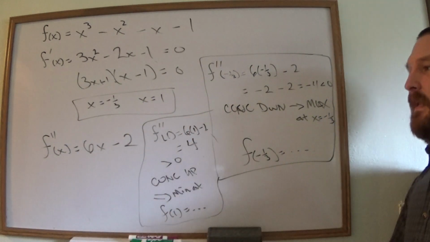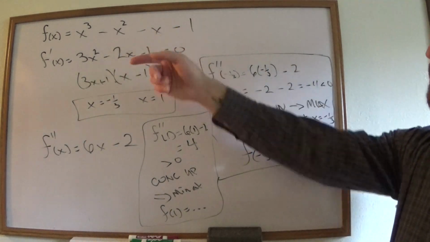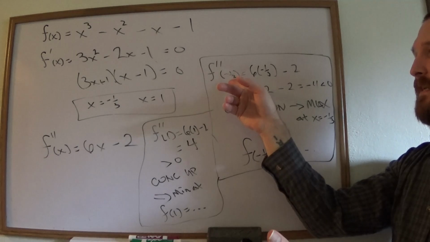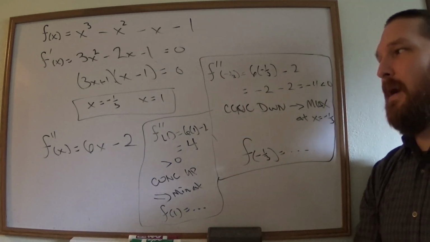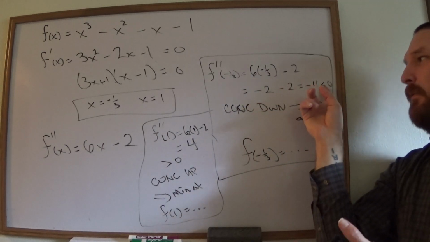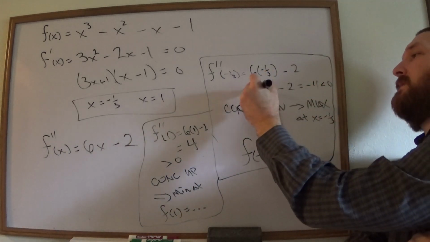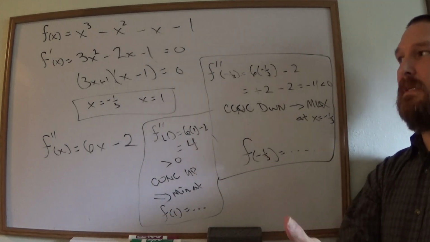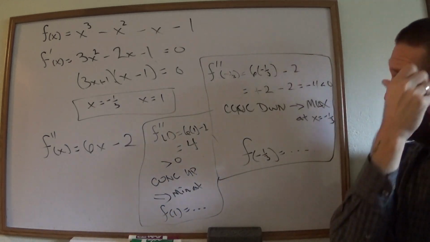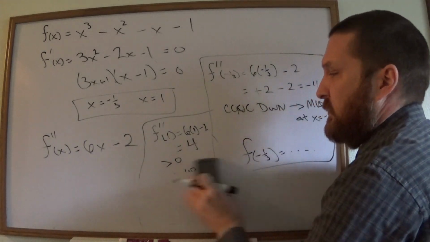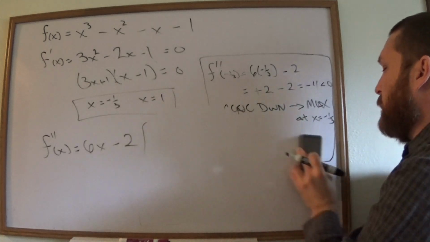Okay? It's not enough to just plug it back in and see which one's bigger, because without the second derivative test, you don't know whether it is a max or a min. If the second derivative came out to be 0, like if this had worked out to plus 2 minus 2 equals 0, then we wouldn't have any information. We wouldn't be able to tell. Okay, so we have enough information here to do the other thing that I'm going to ask you to do, which is